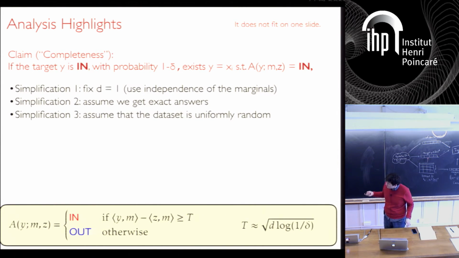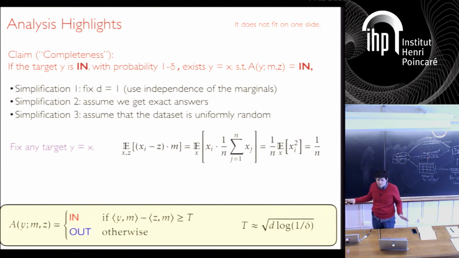Okay, so why will this thing be large? Well, we can just calculate it. Fix any person in the data set, and you can literally just calculate the expectation of this quantity. I won't go into it, but if you expand it out, this is xi's data, this